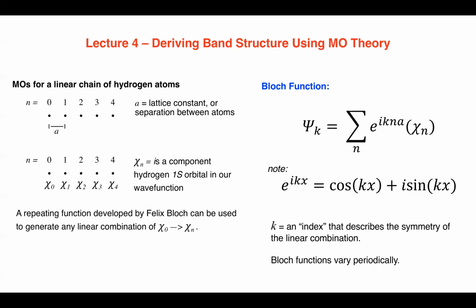So you can just take this function, and for each one of those hydrogen 1s orbitals, 0, 1, 2, 3, 4, calculate this quantity, and then add them together,